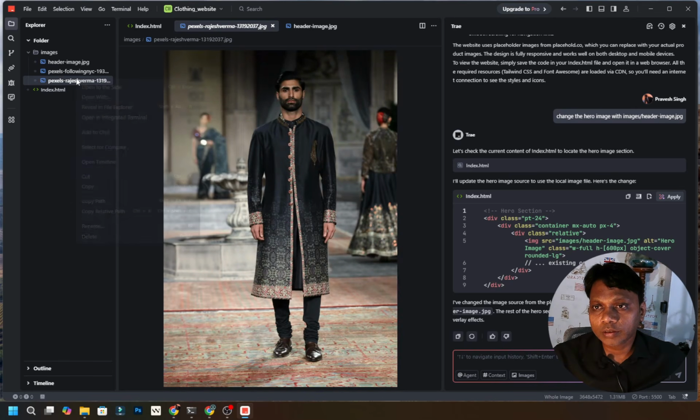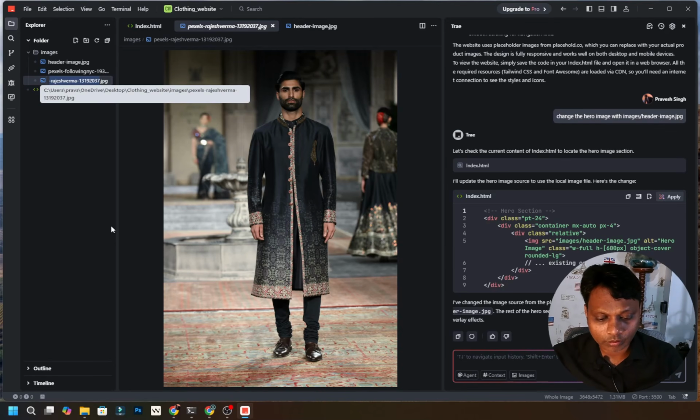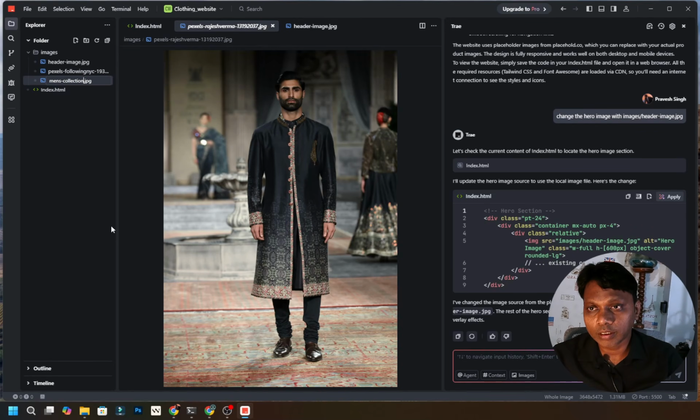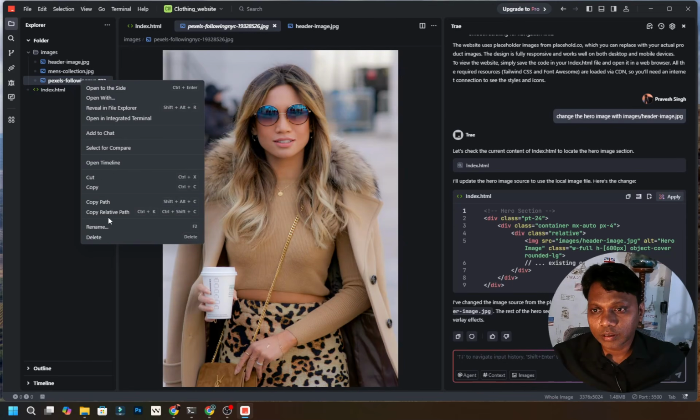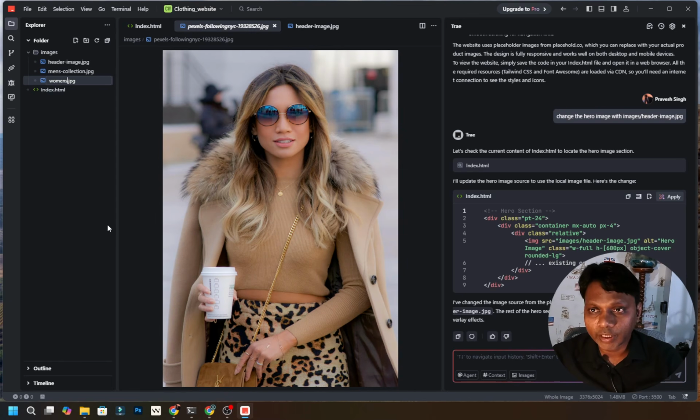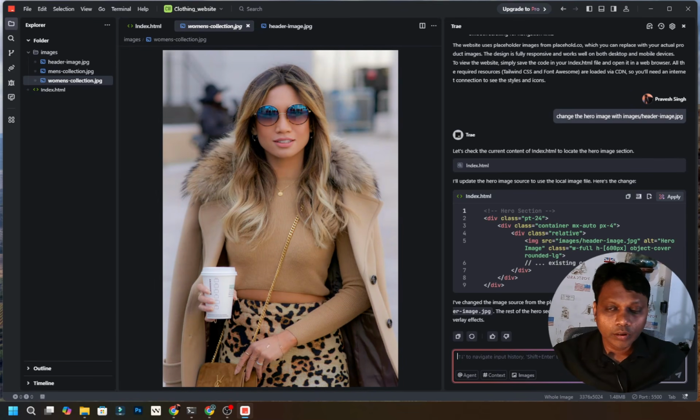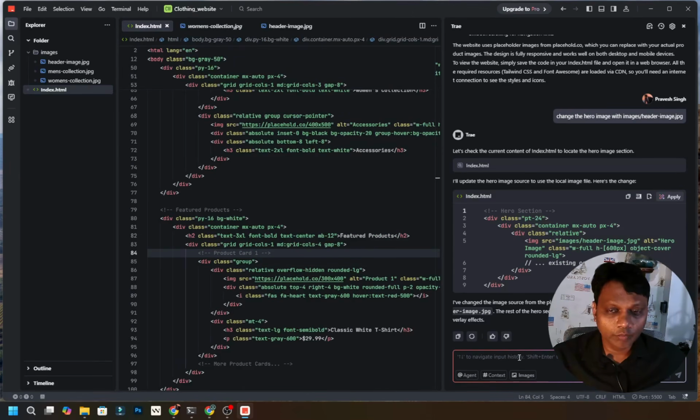And then here we will click on rename and we will say men's collection, and then this is women's selection. Now again, in the main page, we will say change the men's selection image and women's selection image with